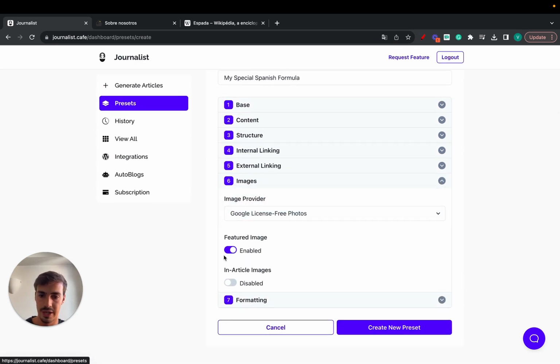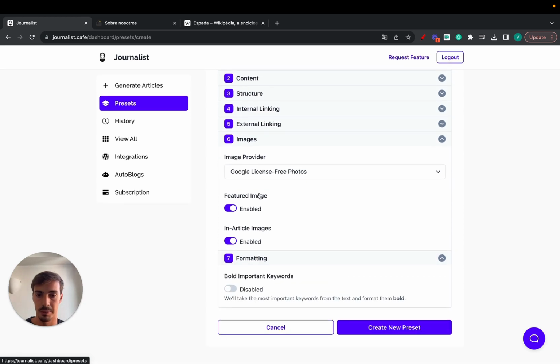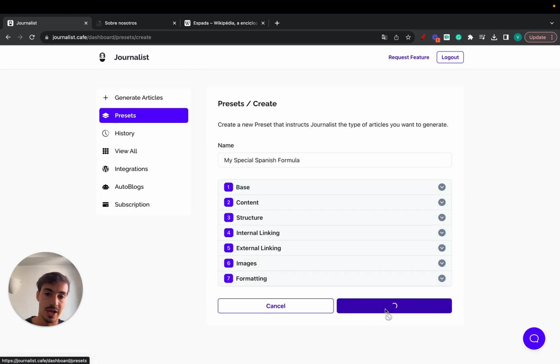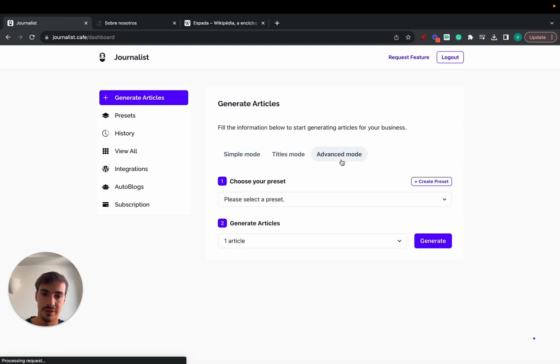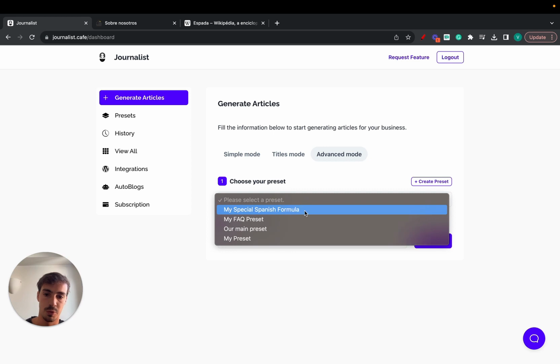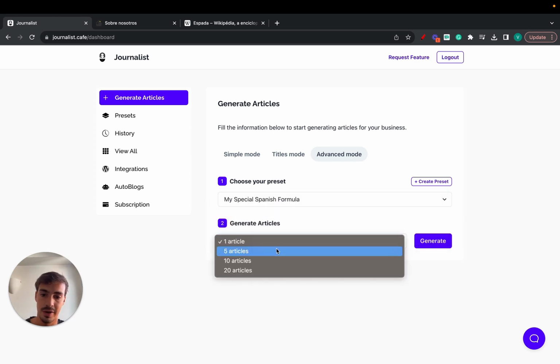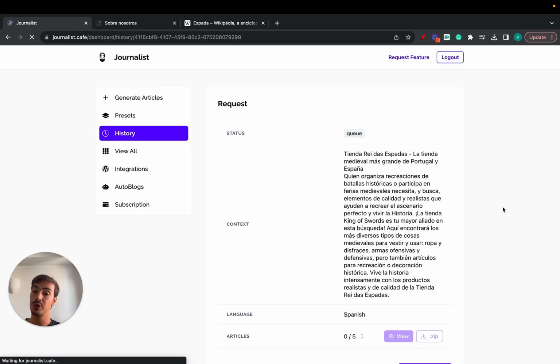Let's just do Google free featured image, in-article images, and then let's disable the bolding for now. Now let's hit create new preset, and now we can go to generate articles tab, click advanced mode, select the preset we just created, which was my special Spanish formula, and let's generate 5 articles using this preset we just